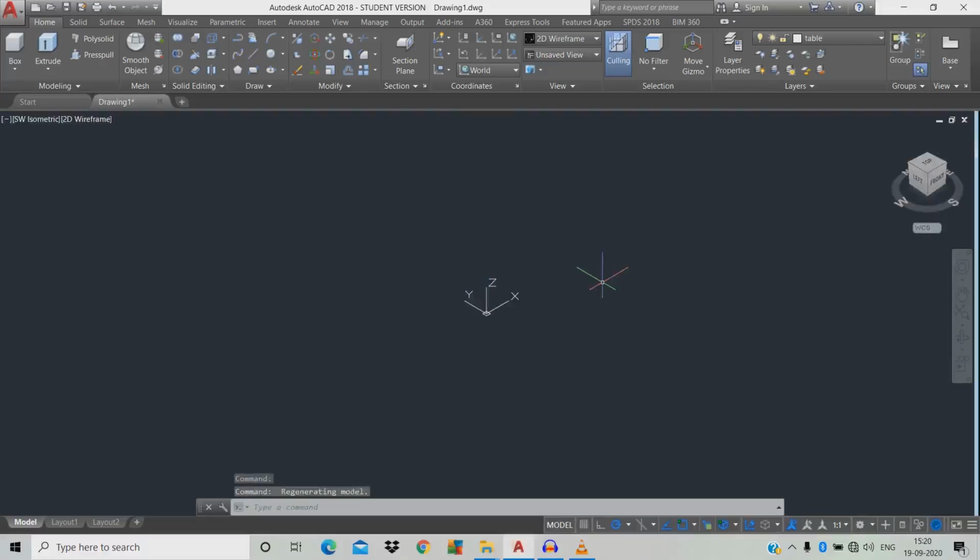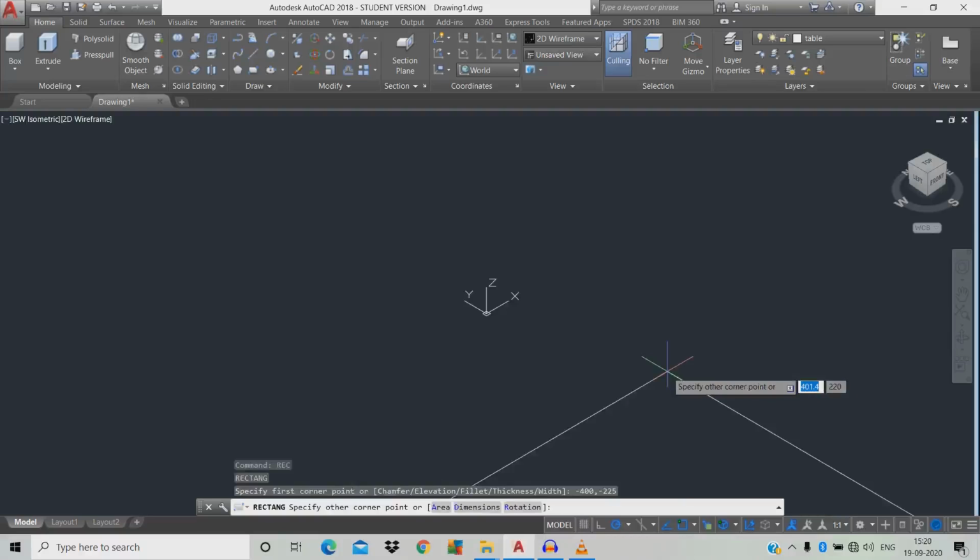We're gonna draw a rectangle of length 800 with 450. This is our UCS 0, 0, 0. So we're gonna draw a rectangle, REC space, X is minus 400 tab, Y is minus 225 space.